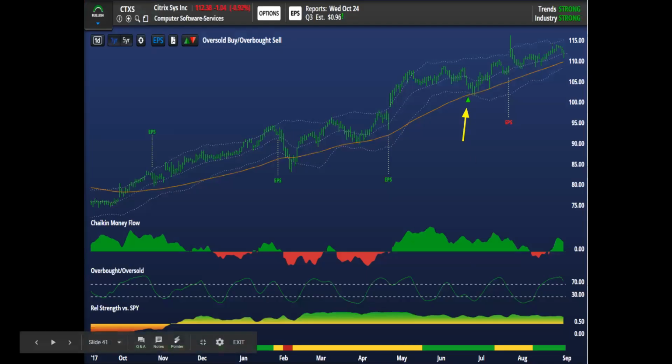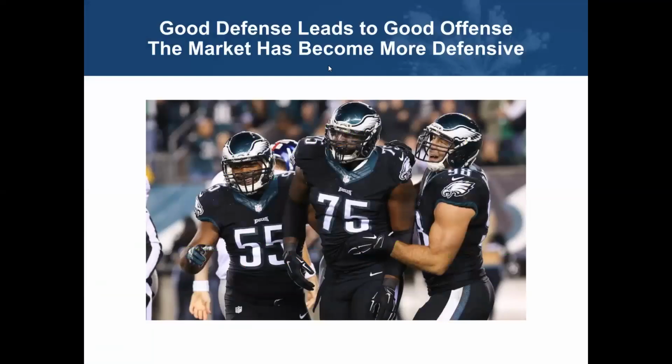So you can see the process again in action, right? And when we received that buy signal, we made it a bullish stock of the day at a little over $100 on its way to $115. But now the market's changed a little bit, and just as much as we like to play offense, good